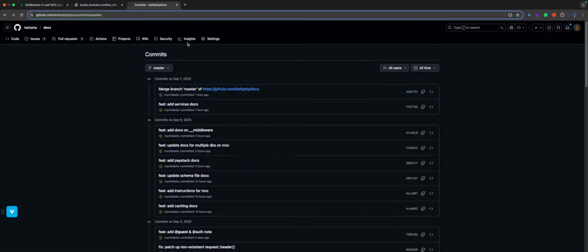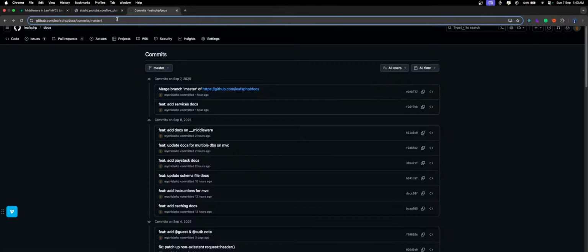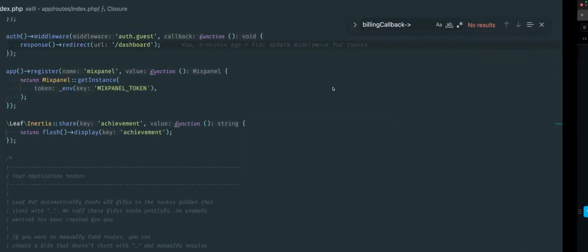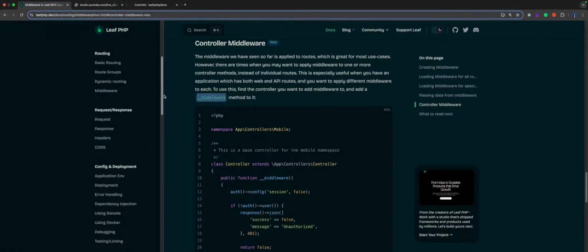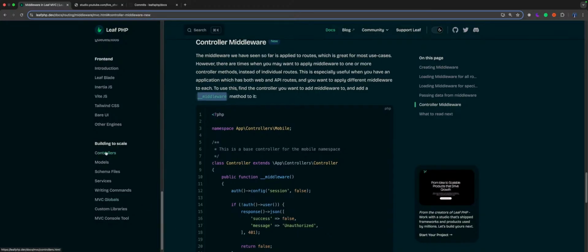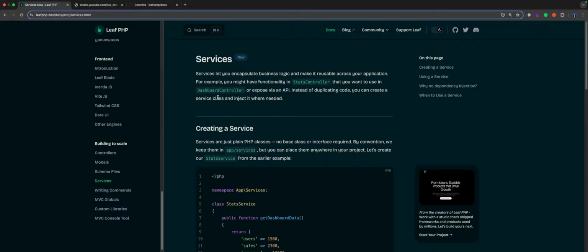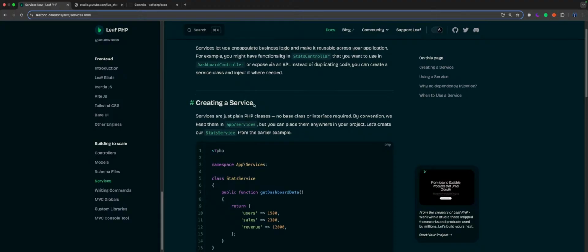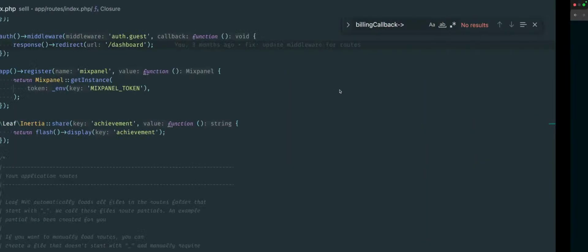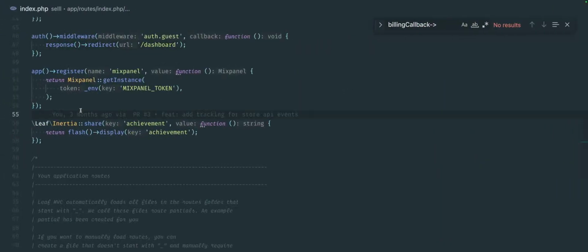Final feature, services. So basically what services do is they allow you to abstract your code. If you have a lot of code which you are going to repeat, you can just abstract it into a service. Again, if you're from a different framework like Laravel, you've probably used services before, but they're kind of new to Leaf. But although they are new,